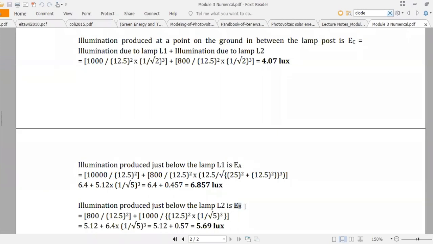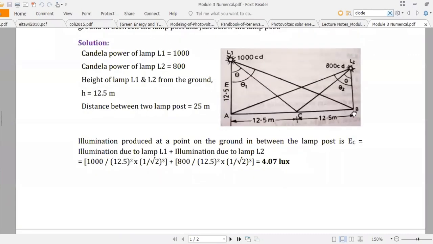Similarly you can find out the illumination at point B, that is EB. So what will be the value at this particular point, कितना होगा कोई बताओ, कैसे निकालेंगे, 800 by 12.5 का स्क्वायर प्लस 1000 by 12.5 का स्क्वायर इंटू cos थीटा 1 का होल क्यूब, ठीक है।